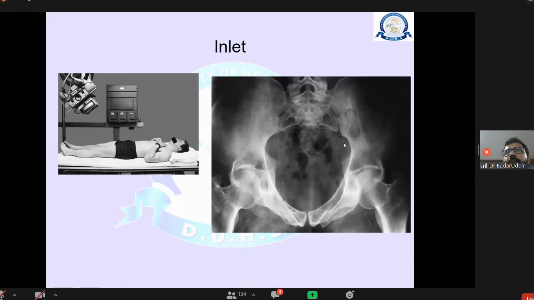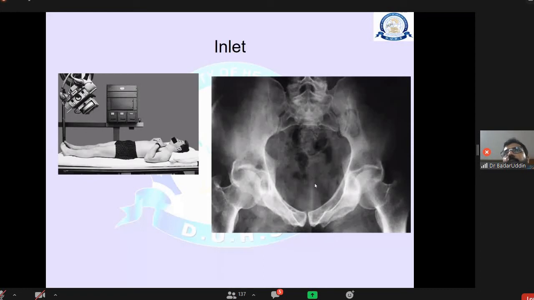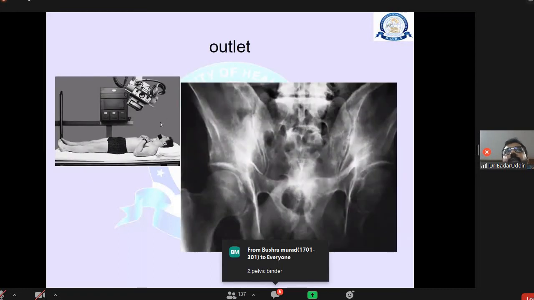See, this is the pelvis. This line is indicating the line that separates the true and false pelvis. This is the superior pubic rami. The inferior pubic rami get overlapped in this view, but the iliac blades and sacrum become more clear along with the hip joint. Now see, this is the outlet view. The machine goes from above downward, taking this pelvic view. The foramina, especially the obturator foramina, become even clearer. So the obturator foramina and the superior and inferior pubic rami become clearer with the outlet X-ray.